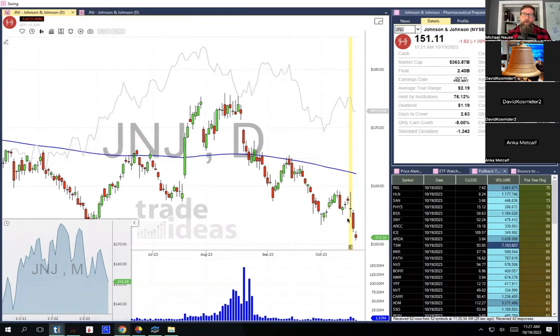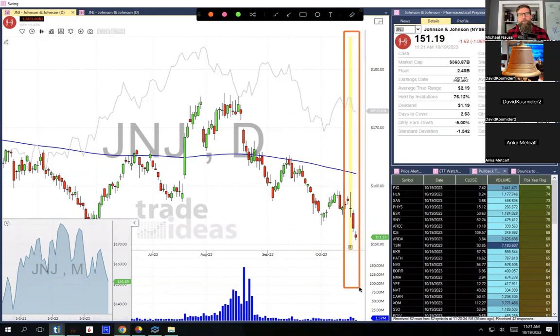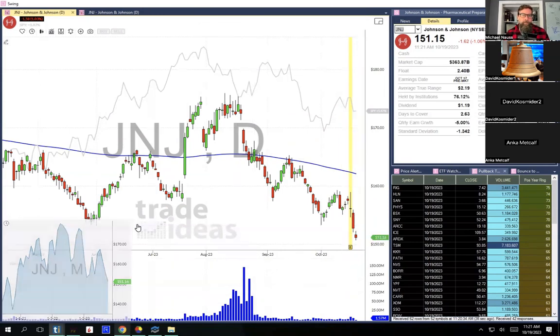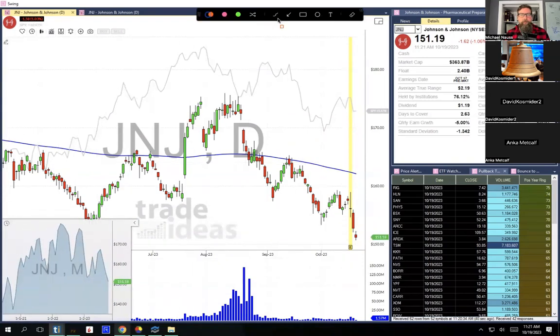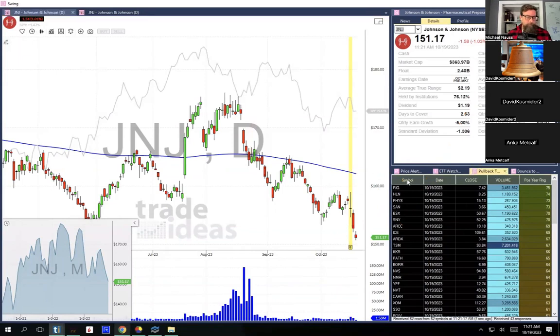So earnings was not received well. Just FYI, on the Trade Ideas charts, this yellow line right here is the most recent earnings date. We gapped down and we started to sell from there. So just nothing there that's super interesting to me. Again, I would need to see that change of trend. I would need to see a low being put in, and then a higher low being respected, and then above that declining 200-day moving average.